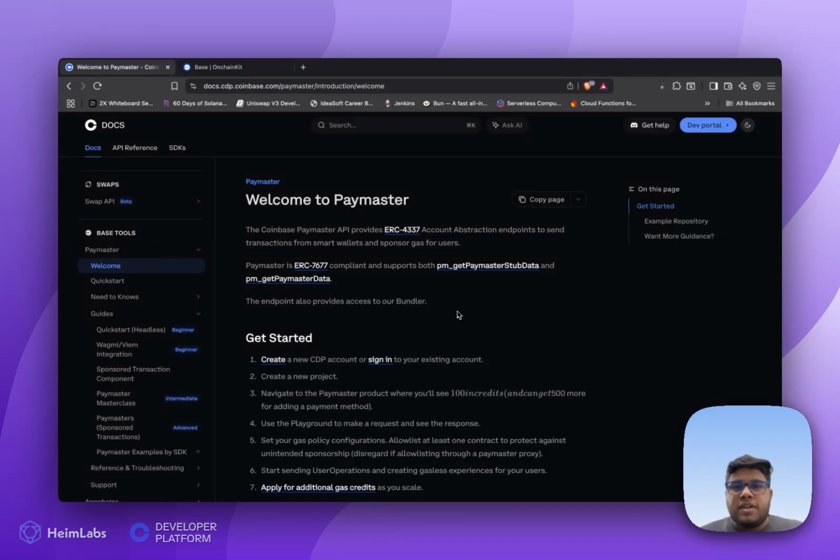One of the main user experience challenges for on-chain applications is the gas fees requirement. Forcing users to acquire a network's native token before they can perform any kind of action is a significant barrier, often called the cold start problem. This requirement is a major roadblock for widespread adoption. Today, we are going to solve that.